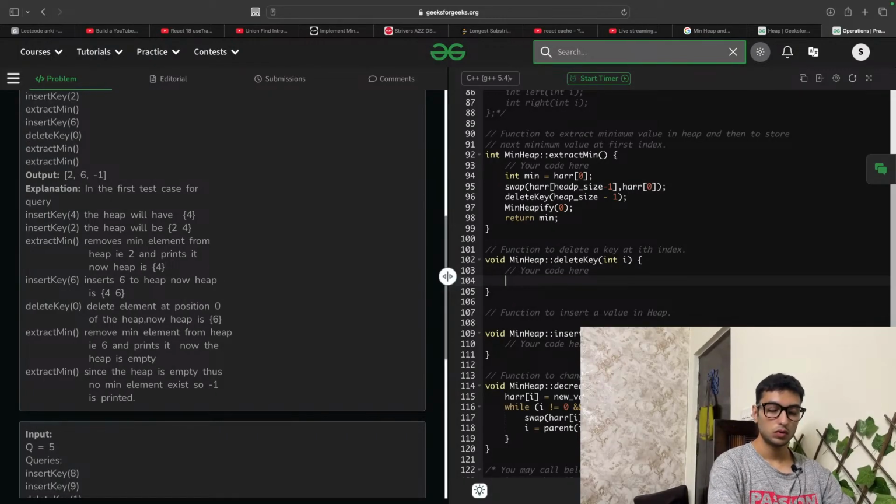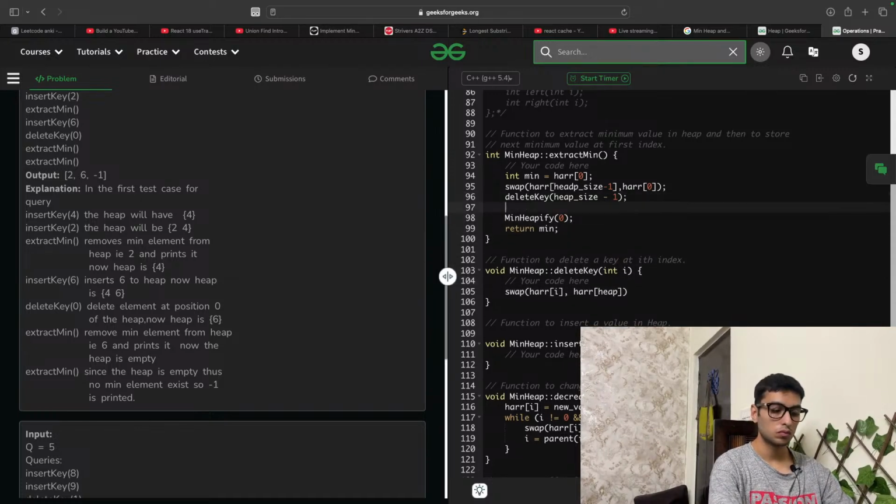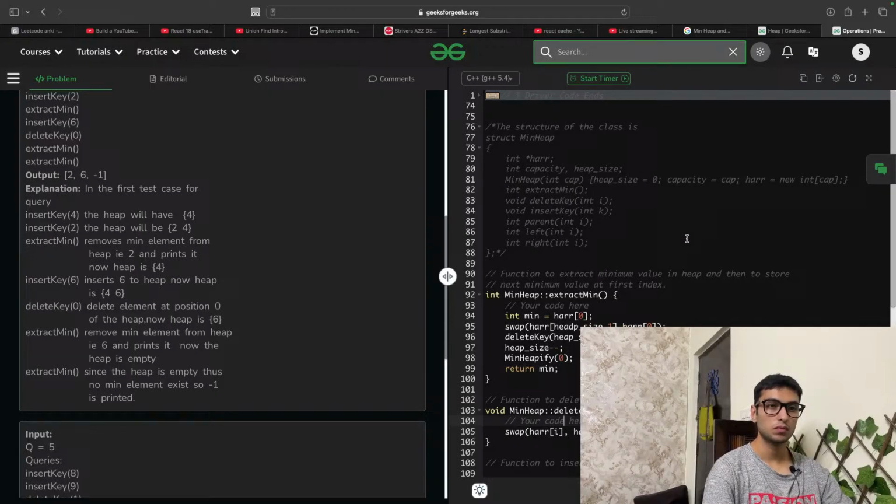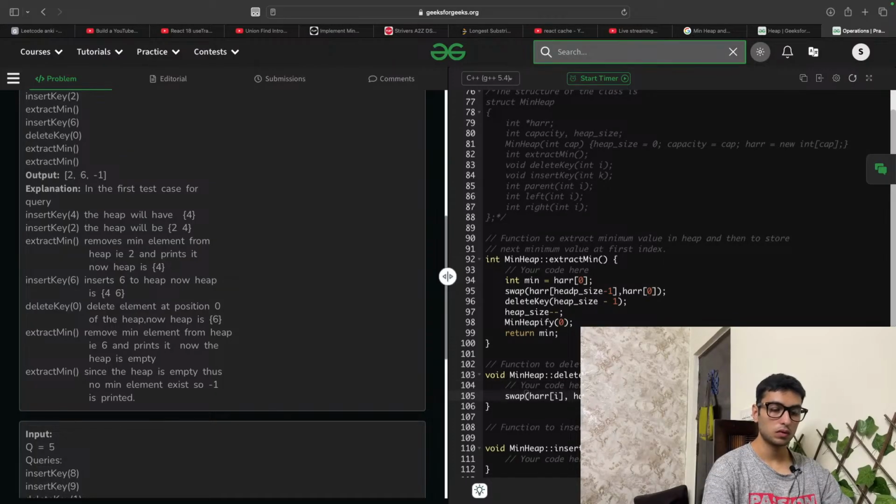So to delete a key, I need to swap it. Or reduce the size to, and then...